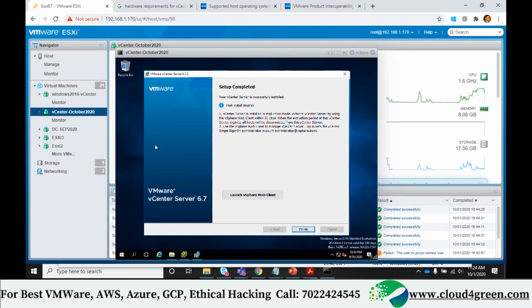I think common one, no? That root, no root and password. No, this is your ESXi username and password you are giving. It's not that username and password you are giving, but we are configuring here.